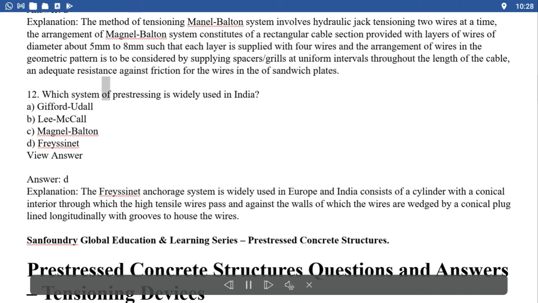12. Which system of pre-stressing is widely used in India? A. Gifford-Udall. B. Lee-McCall. C. Magnel-Blaton. D. Freyssinet. Your answer: